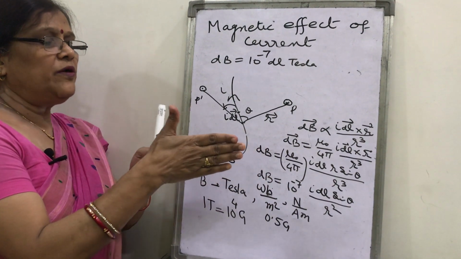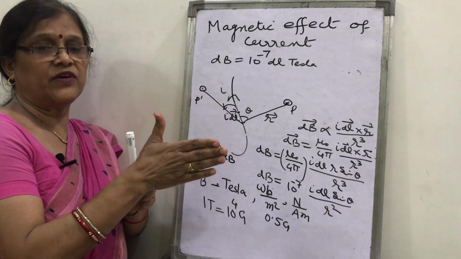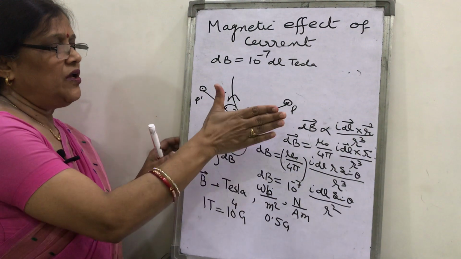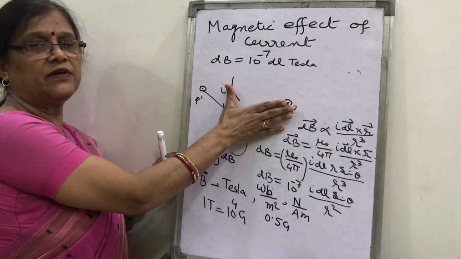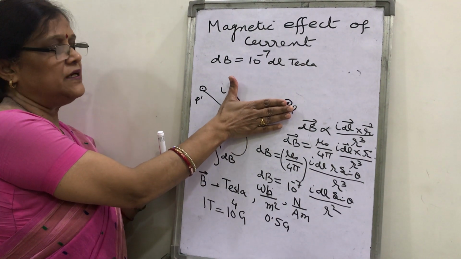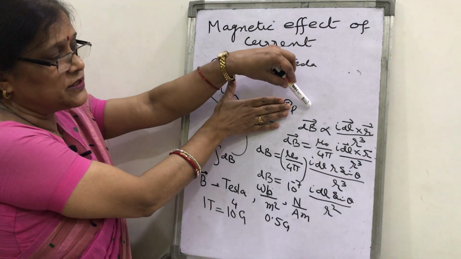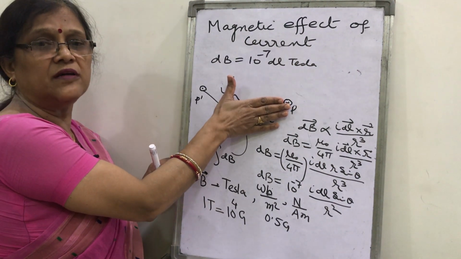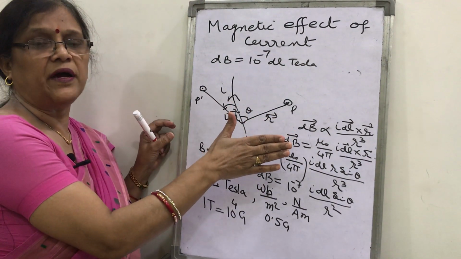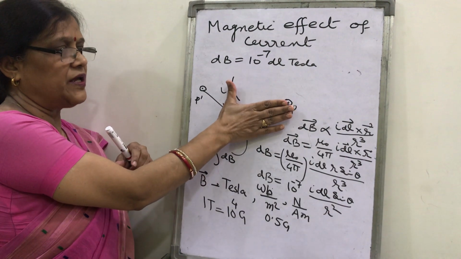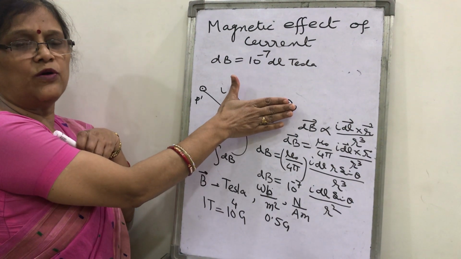Again, make all the fingers of your right hand straight and perpendicular to the thumb. Don't forget. Now, the direction of the thumb is in the direction of current, and the palm is here like this, and the fingers are pointing towards that point at which you have to find the magnetic field. Then the normal drawn on the palm gives the direction of magnetic field. Look, if I keep here, the fingers are pointing towards the point P. What is the outward normal drawn at the palm?